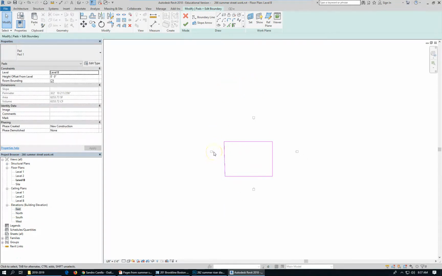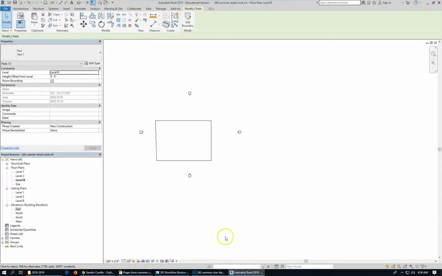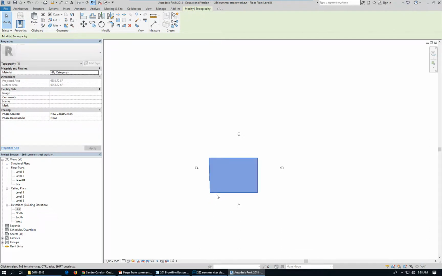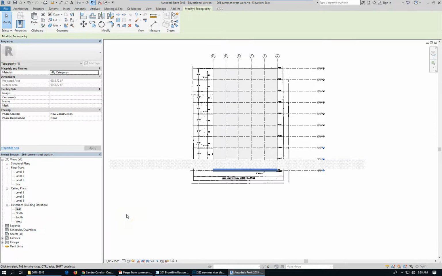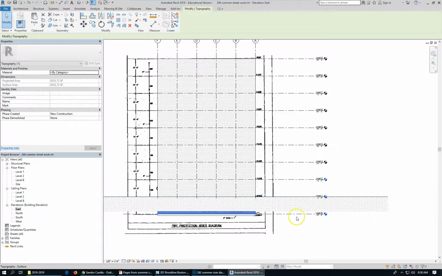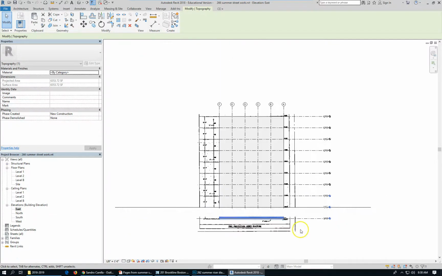This is a building pad which I placed at 12 feet below grade. So I'm gonna cancel out of this and I'll select it and explain. If I look at a building elevation, it's a very regular series of floors, and the shape of the pad is the shape of the outline of the building. So if I were to go to a default 3D view,